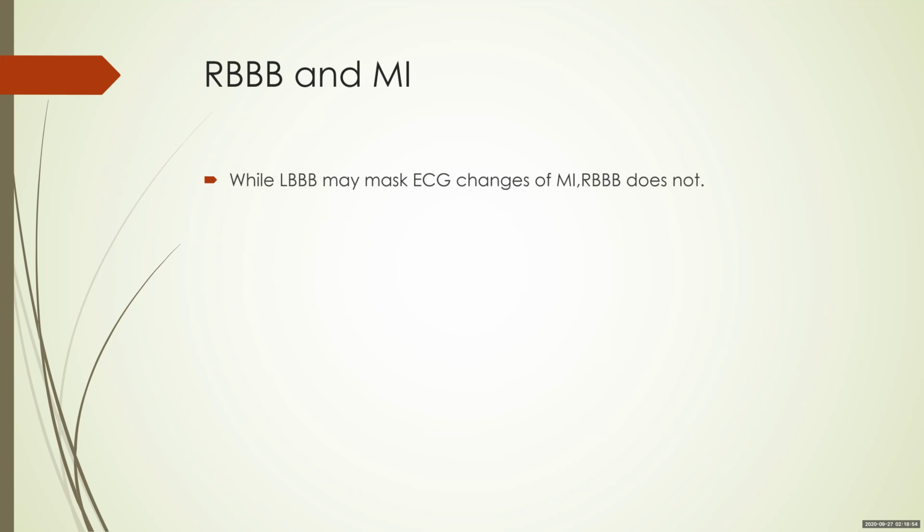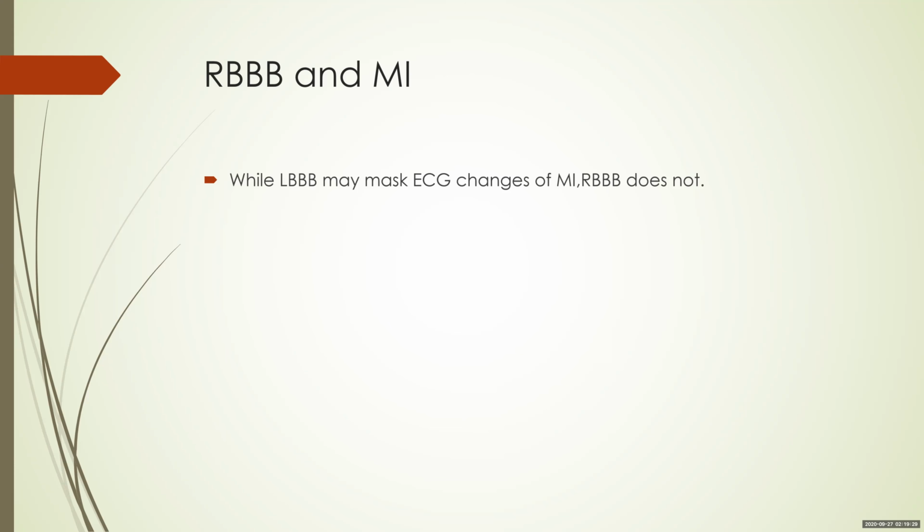So this is the most important practical point I want you to take from this presentation: what happens when RBBB occurs in the setting of an MI. Right? First, about the diagnosis. A left bundle may mask ECG changes of MI. It is actually very difficult to diagnose MI in the setting of a left bundle branch block. You have various signs, like the Sgarbossa criteria, the Smith modification, and Chapman sign, Cabrera sign. But these are all for people who are really interested in ECG and really know how to read the ECG. For a novice, it's very difficult.